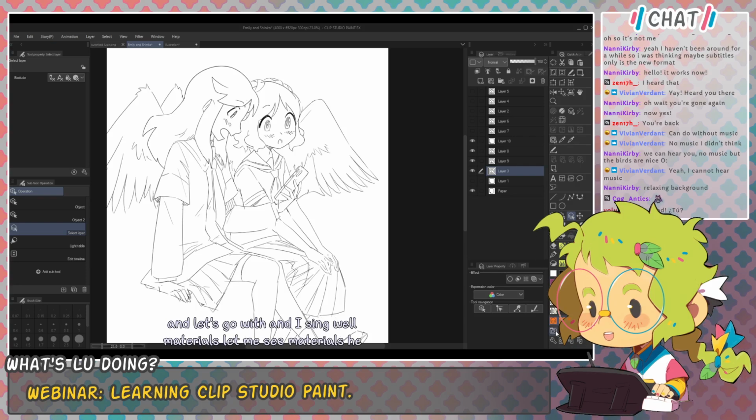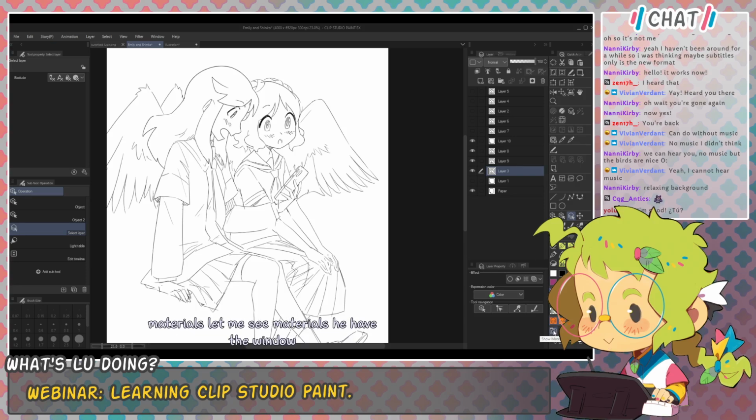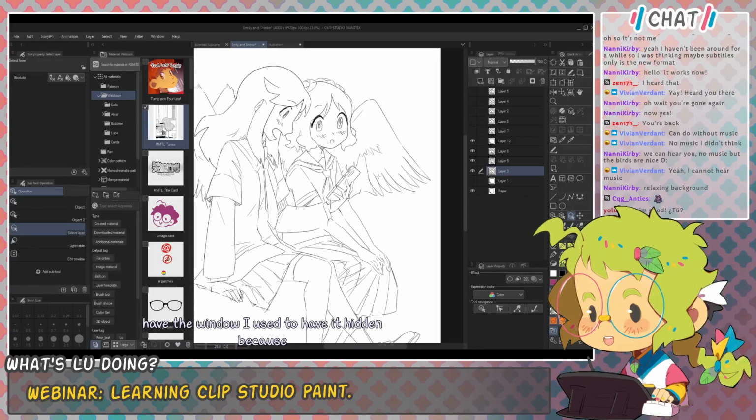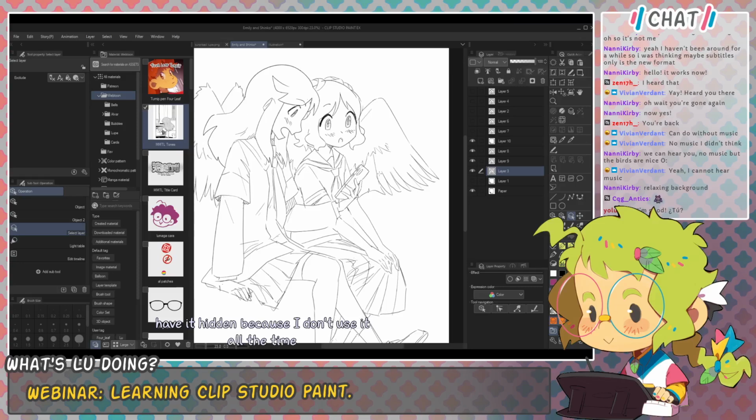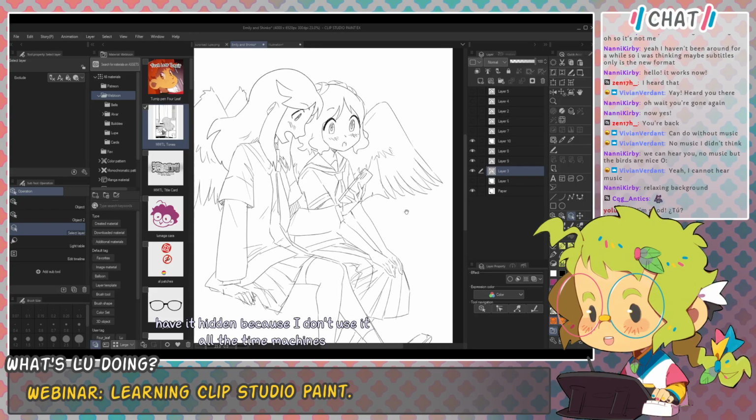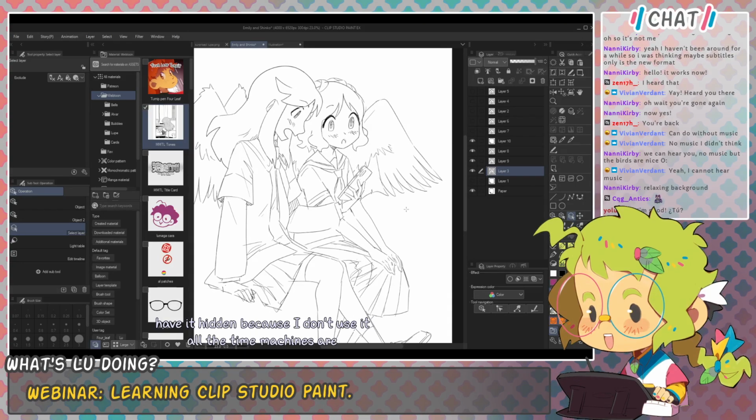Materials, I have that window. I also have it hidden because I don't use it all the time. Materials are particularly useful for comic making and for when you have to, for example,